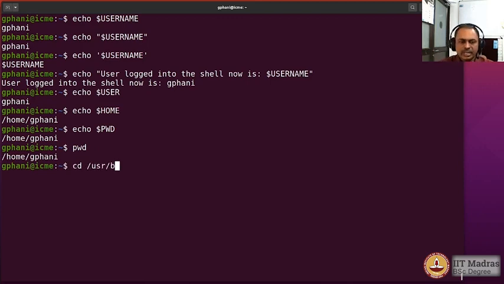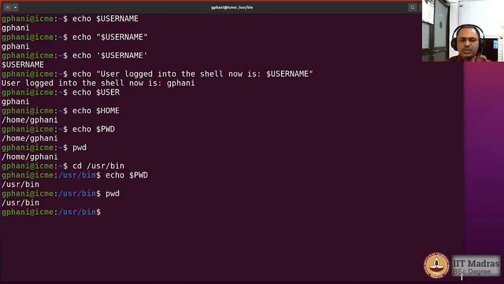So I go to, let us say, /usr/bin, and I will check. Okay, so you see that the value of the shell variable PWD and the output of the command pwd in small letters is the same, and it would be the present working directory, and you can navigate within the file system hierarchy and try it out at any location, and it would be the current location where the command execution is being performed.